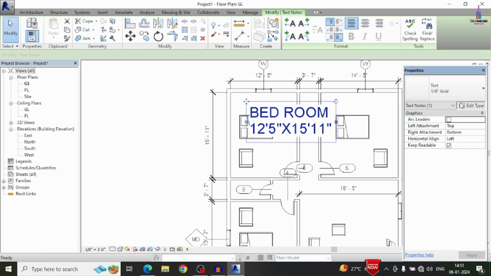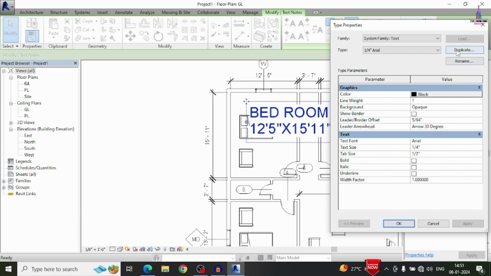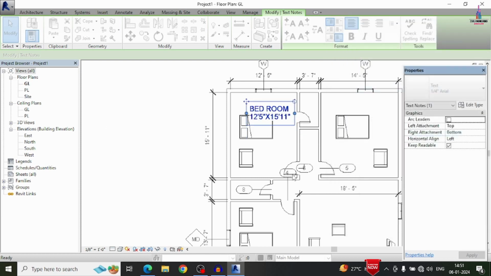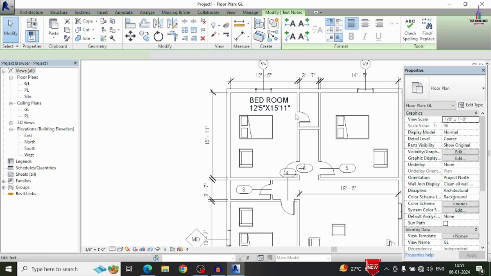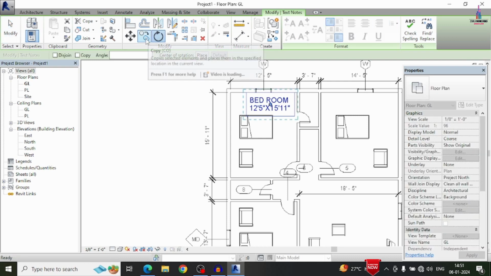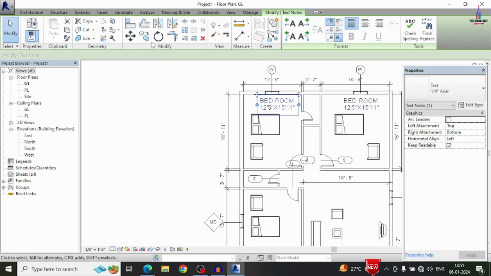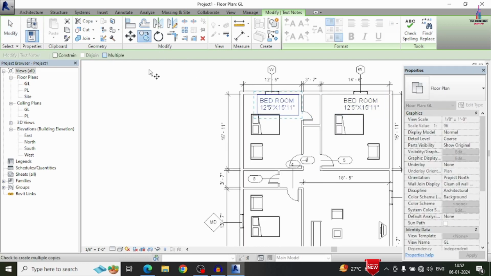You can change that by using the Edit option. You can change the text size according to your consideration. I am taking 1 by 8. So now we can see this is the 1 by 8 for the particular room section. You can move the text to the room here like this. Now we will copy this text to the remaining room sections, because they have the same text format. In the same process I am copying this by using the Multiple option.